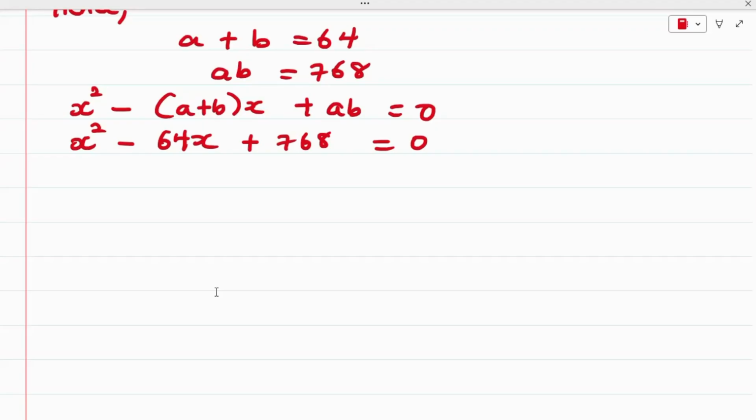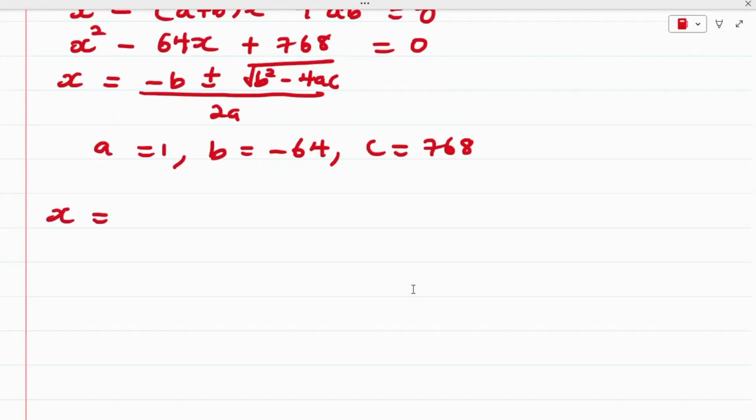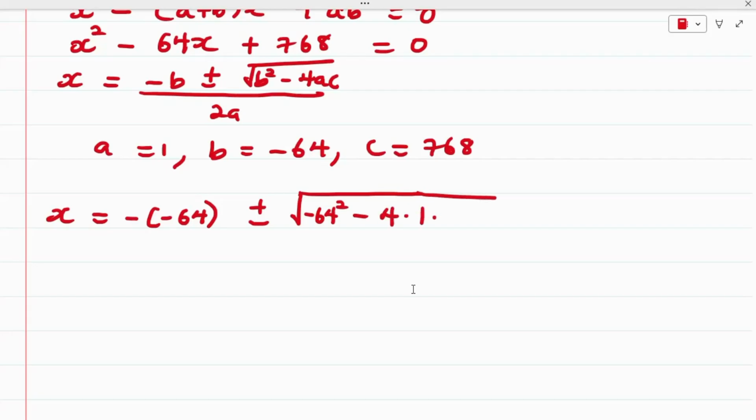So we have the quadratic formula given as x equals minus b plus or minus the square root of b squared minus 4ac, divided by 2a, where a is equal to 1, b is equal to negative 64, and c is equal to 768. So this becomes x equals minus minus 64 plus or minus the square root of b squared, which is minus 64 all squared, minus 4 multiplied by a, which is 1, multiplied by c, which is 768, divided by 2 multiplied by a, which is 1. So we have that x equals minus times minus is plus, so we have